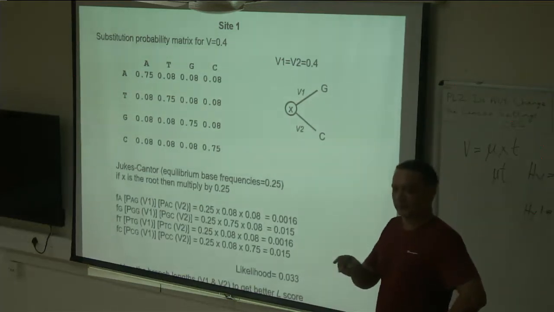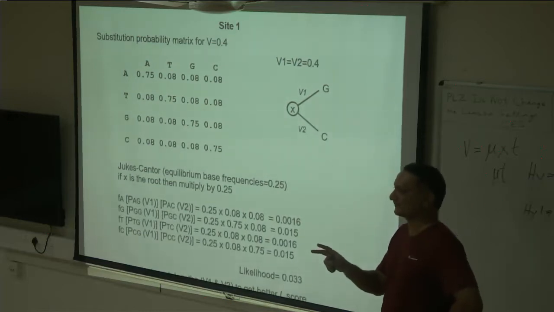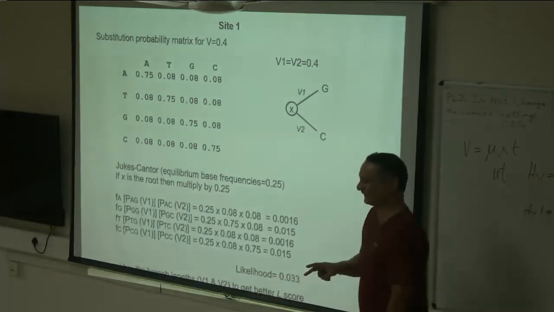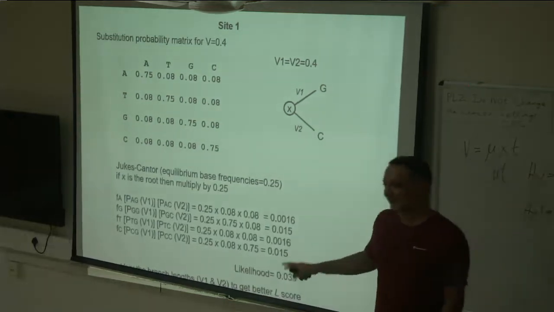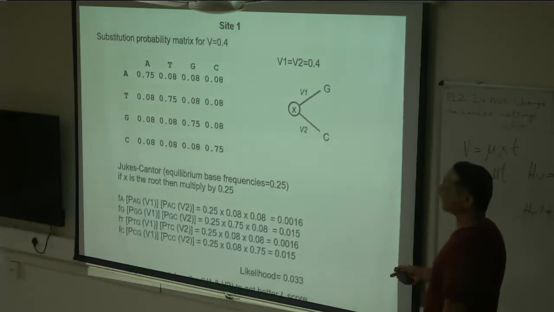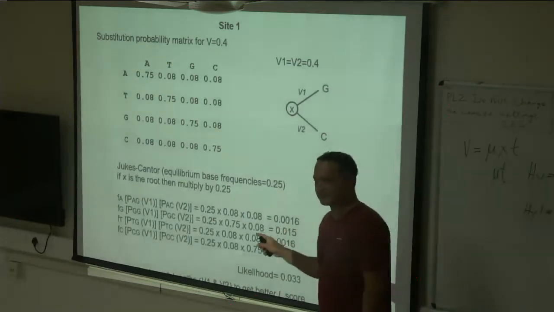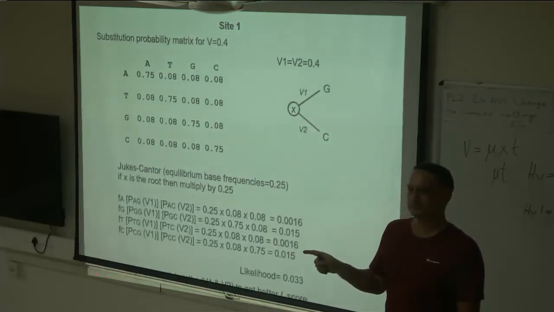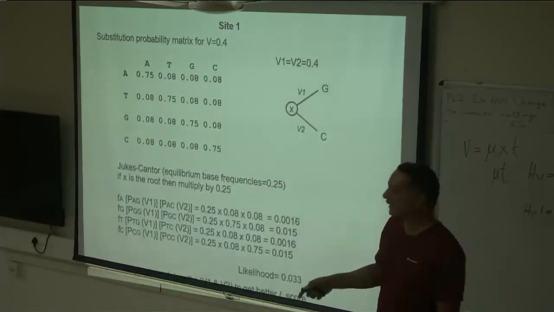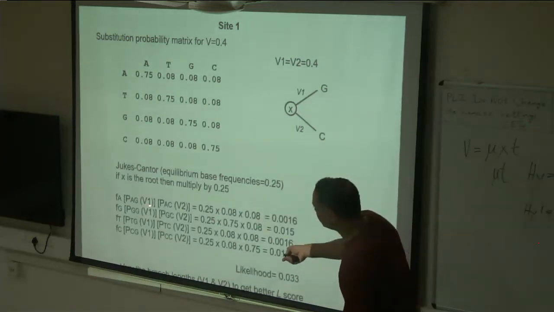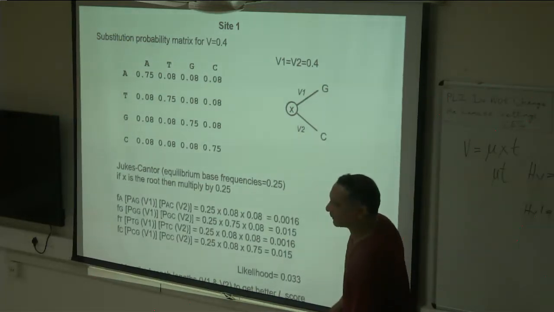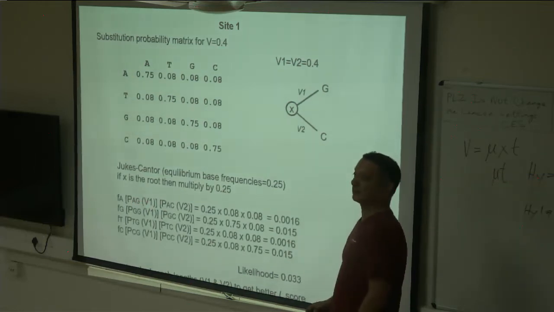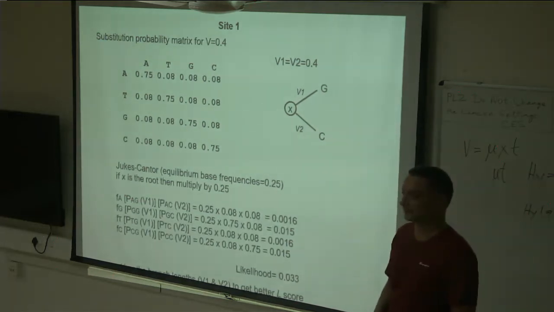Now I have an assignment for you. You'll have to calculate likelihood. Only then you'll understand. Okay, wait. Before that, there's more to come. But anyway, did everyone understand this? Any questions? Remember, in this calculation, this bracket does not mean that you are multiplying it by the branch length. It is the probability of this change given branch length V1. Okay.